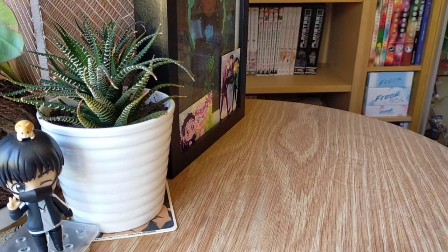Finally, for anime, oh my goodness, we've gotten to the end. These are some things that I picked up in the Black Friday Amazon sale. These are the only sets that they had on sale at Australian Amazon. Fulfilled from the US Amazon, but the Australian side was where I bought it from. And so I bought the rest of the sets, because this is a longer series with multiple sets, on Right Stuff, because they were also on sale for their Christmas holiday sale. And this is a series that longtime viewers will know that I did own. I recently sold the limited editions because I like the show, but not enough to keep the limited editions, and the limited editions are very hard to come by now, so I didn't mind finding them a new home,